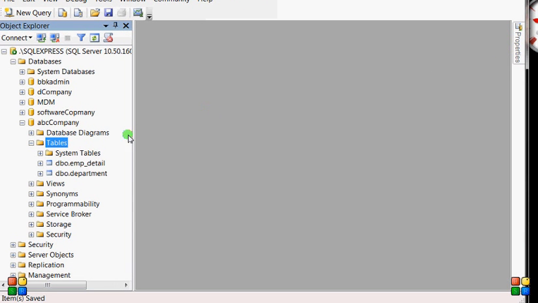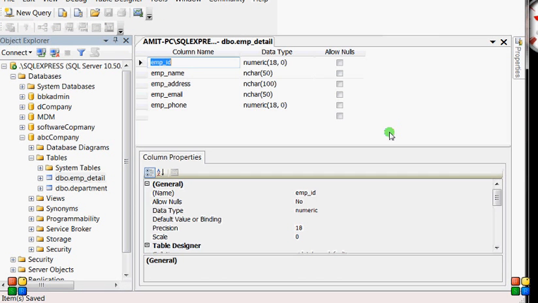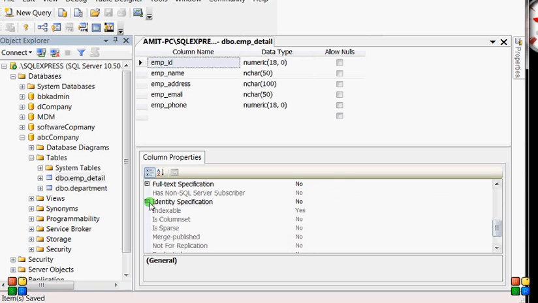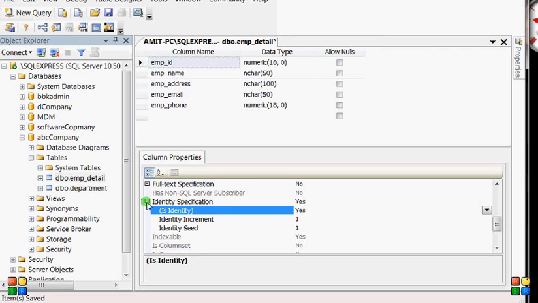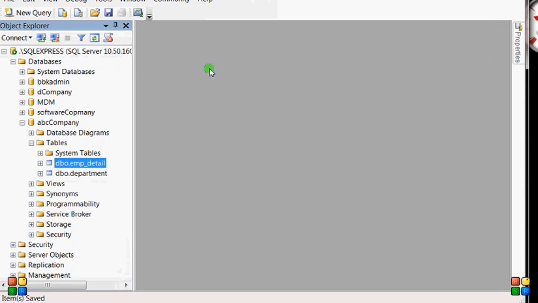Close it, and I think I have not auto incremented this one also, so just auto increment it. Now it is auto incremented, so save it. So these are our two tables.